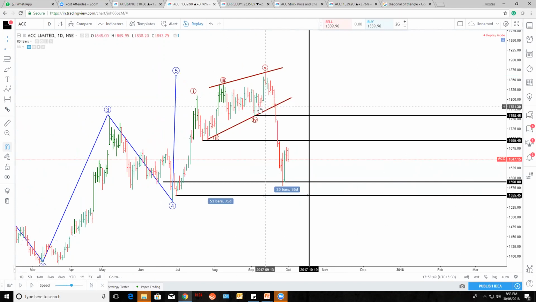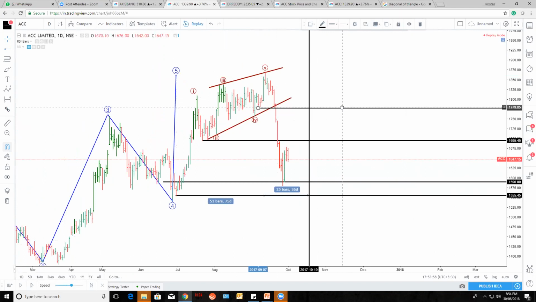You can sell from here once it breaks this candle, or at least after breaking this channel, you can initiate the sell setup at this price. That is from 1777, and you are exiting at 1600 within 3 days, guys. Within 3.5 or 4 days, max 1, 2, 3, 4, 5. It's the fifth day. You are booking almost from 1770 to 1600, which means 177 points. Isn't it amazing?